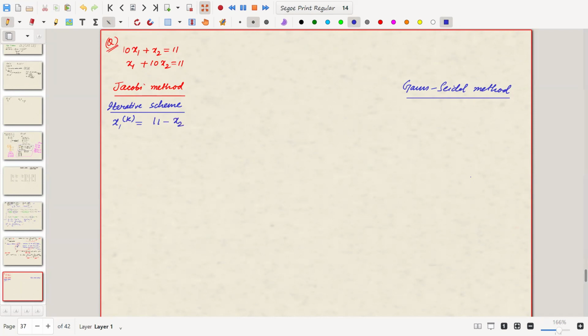7 minus x2, wrong. Sorry. Why is it wrong? You are not computing x1. You are computing x1 at the kth iteration. So x1 at the kth iteration should be equal to 11 minus x2, it's just not x2, divided by